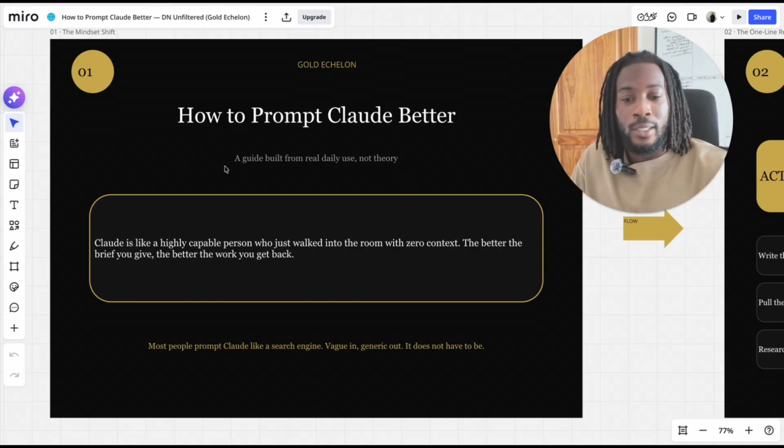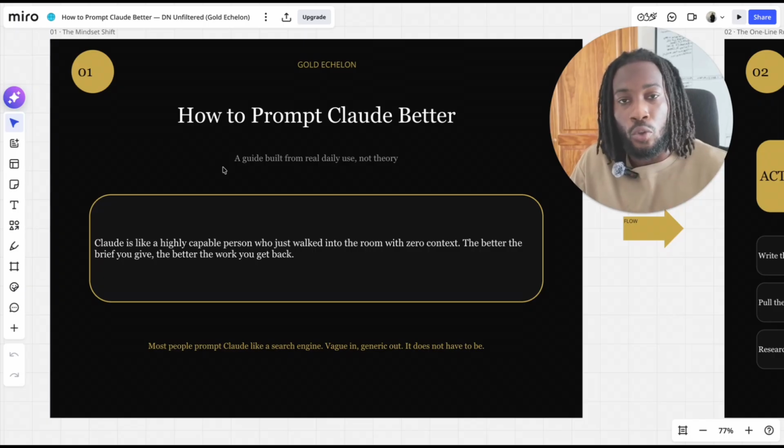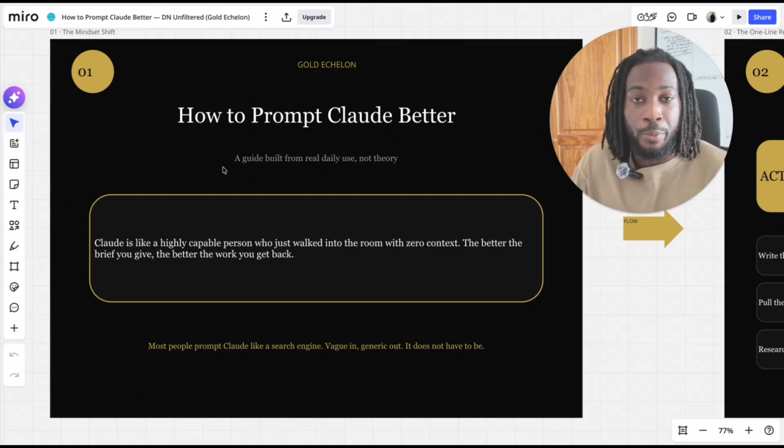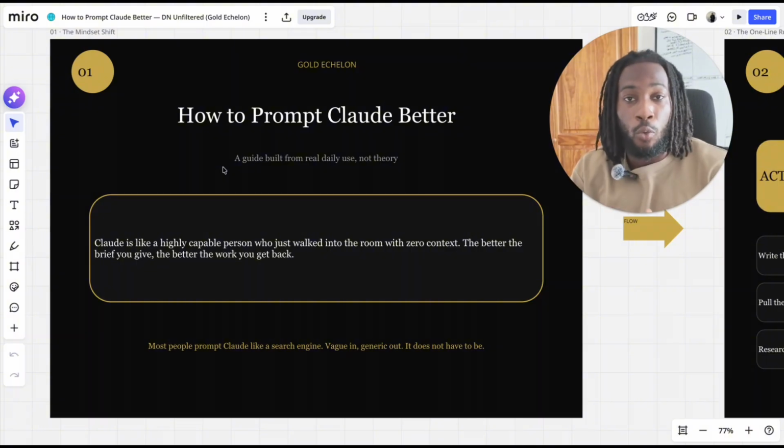The whole point of this video is I'm going to be teaching you how to prompt Claude better. Now, the thing is, Claude is a lot better than ChatGPT, which means you're going to have to use Claude a lot differently to the way that you're going to use ChatGPT. Alongside of that, sorry, that's my patty right there. The way that I use Claude will be slightly different to the way that you may start to use Claude.